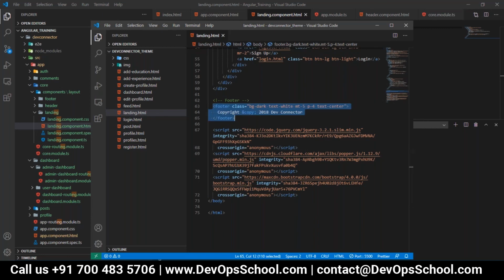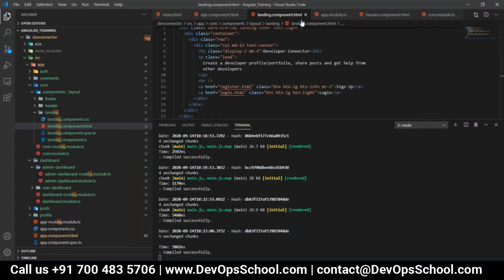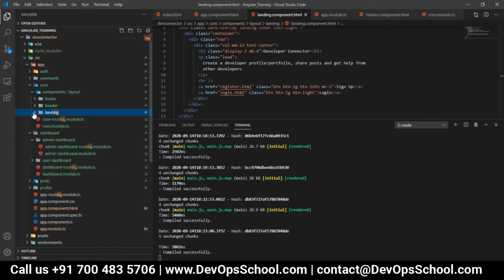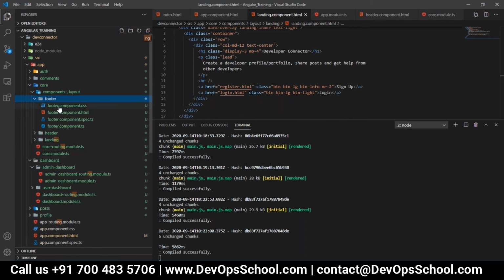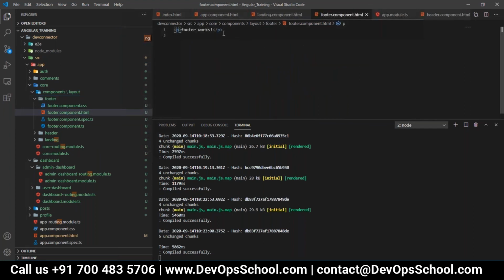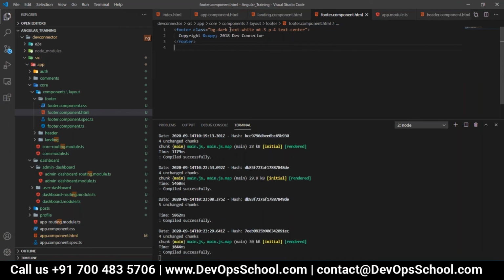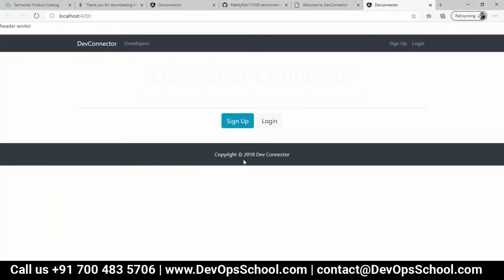Copy it. Go to the footer component.html, move up just above the header, remove everything and paste it. Go to the UI and check it now. Except the image, it should render everything.